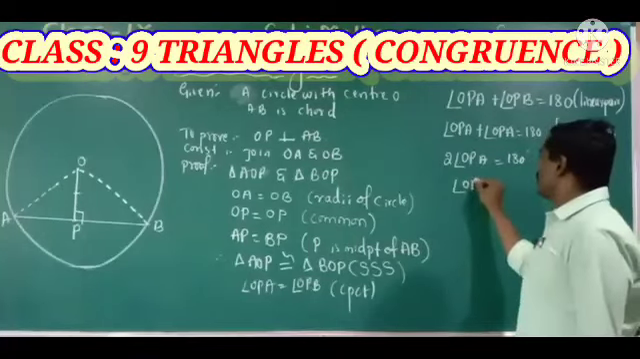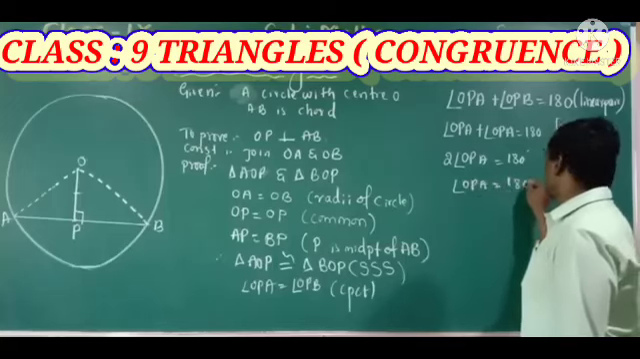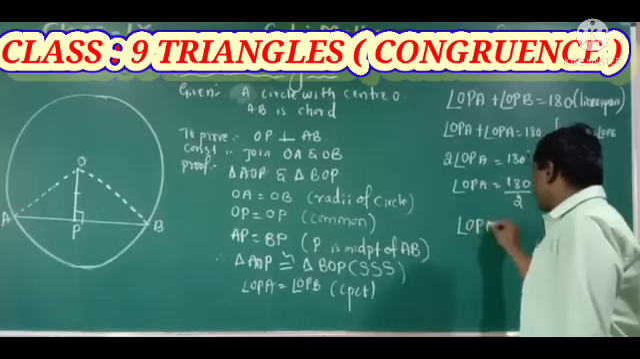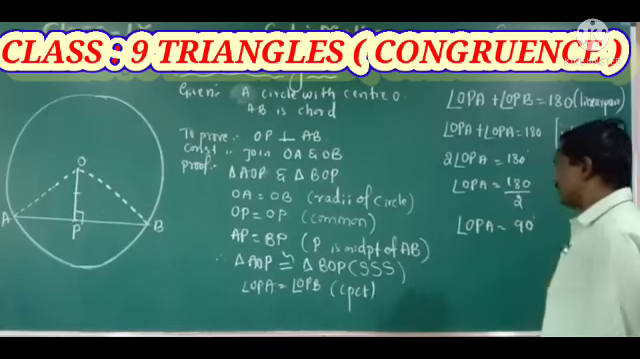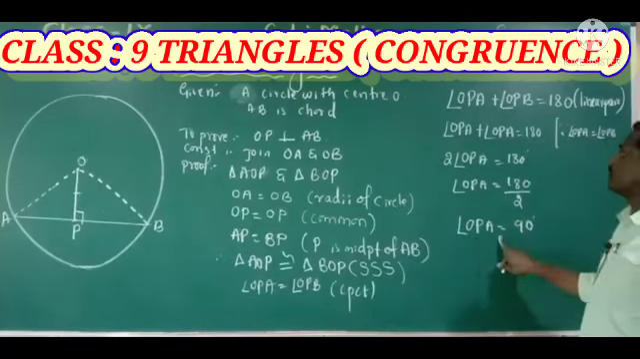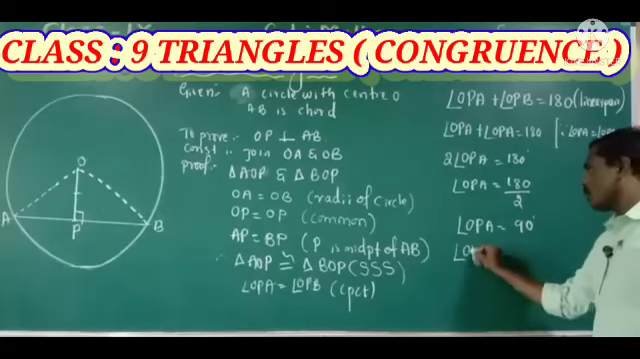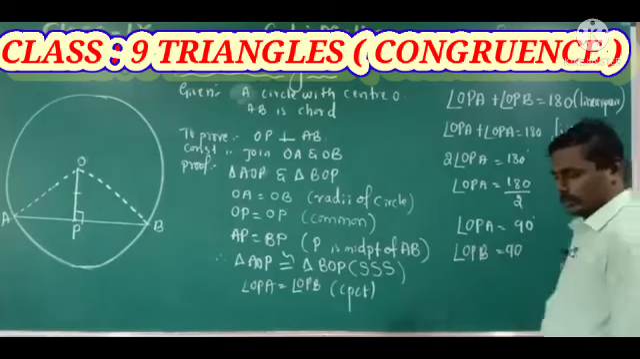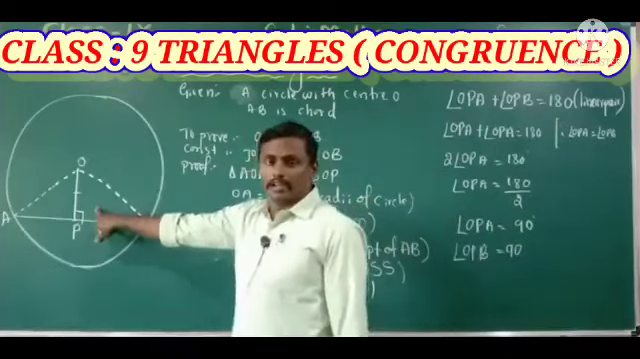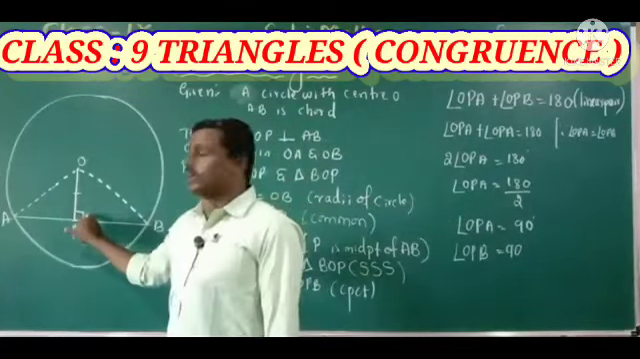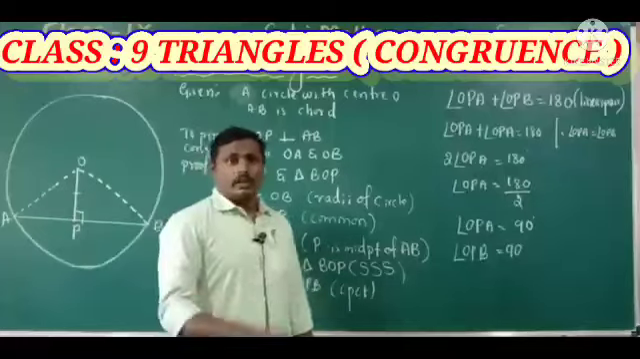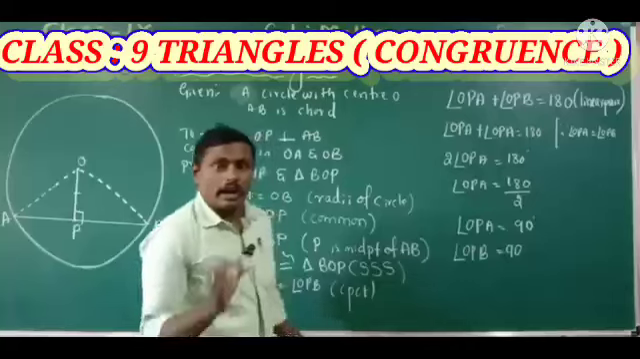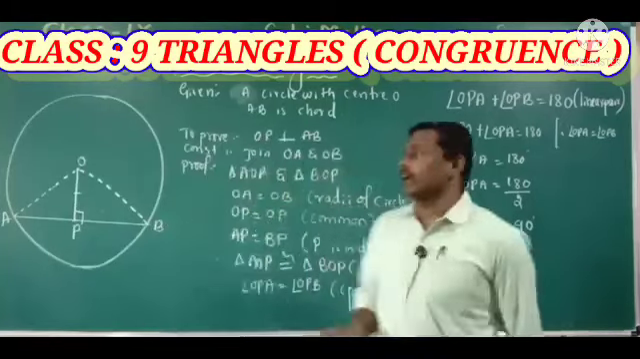Angle OPA is equal to 180 divided by 2. Here the angle OPA is equal to 90 degrees. If angle OPA is equal to 90 degrees, it means angle OPB is also equal to 90 degrees. In a linear pair, if one angle is equal to 90 degrees, the other angle is also 90 degrees. Right? So angle OPA and angle OPB are 90 degrees each,